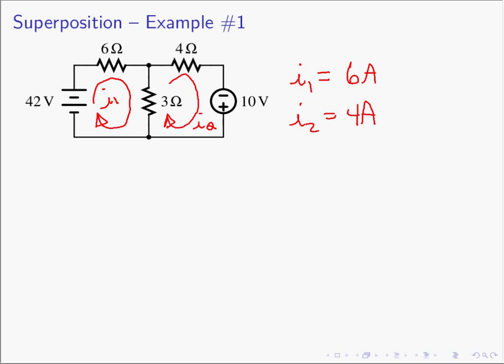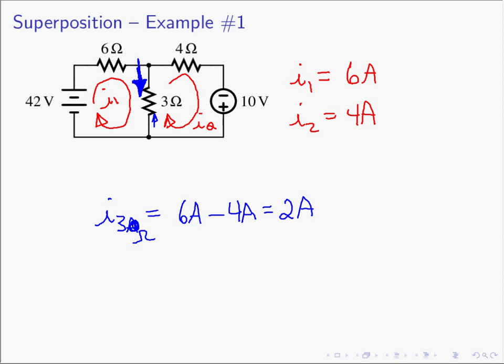If you go back and refresh your memory, what we were looking for in that problem was the current in the 3 ohm resistor, because I think we were trying to find the power in that resistor. The current in the 3 ohm resistor is the I1 current going down, 6 amps, offset by the I2 current going up, which is 4 amperes. And we saw back in mesh analysis that the current in the 3 ohm resistor is 2